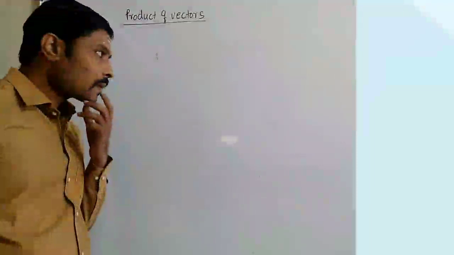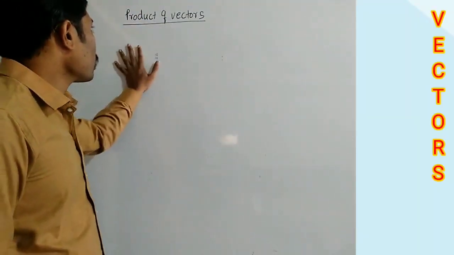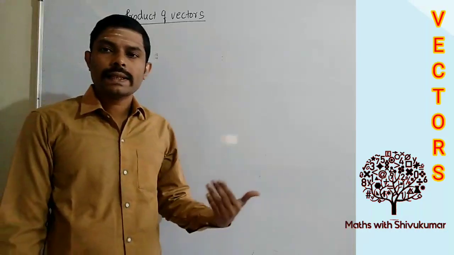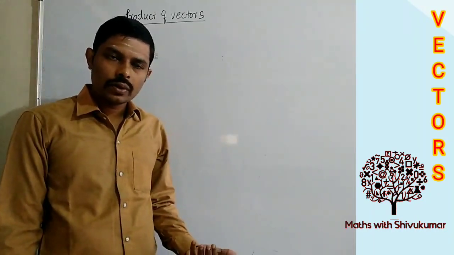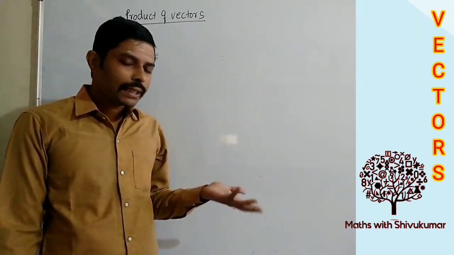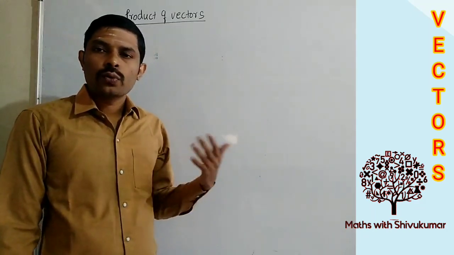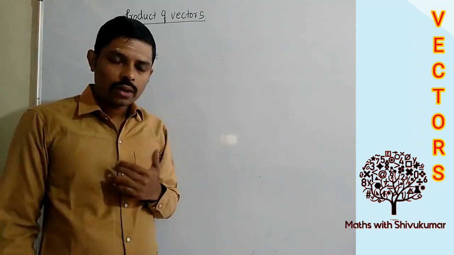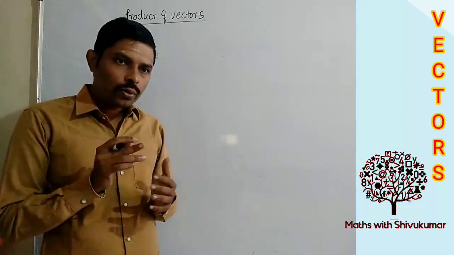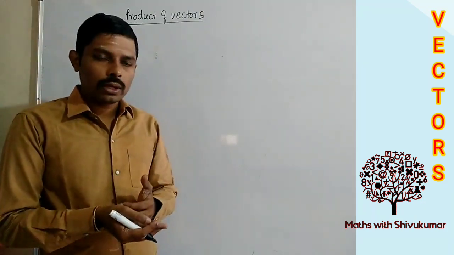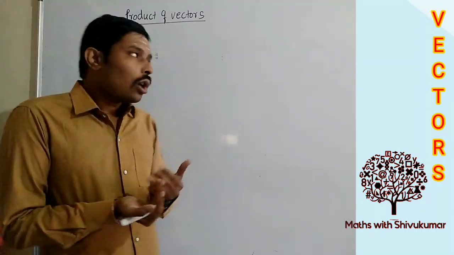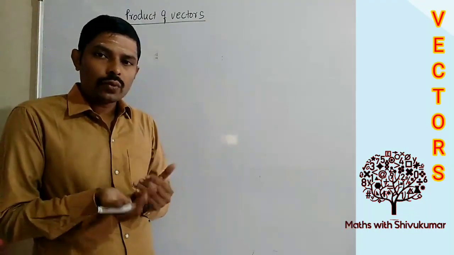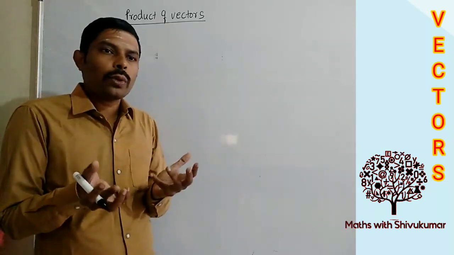Okay, so see here, product of two vectors. Up to this we have learned some basics about the vectors. What is the external division, internal division, how to find the direction ratios, everything we have learned. How to add two vectors, how to subtract two vectors we have learned. Now we will study how to take the product of two vectors. In other words, how to multiply two vectors.